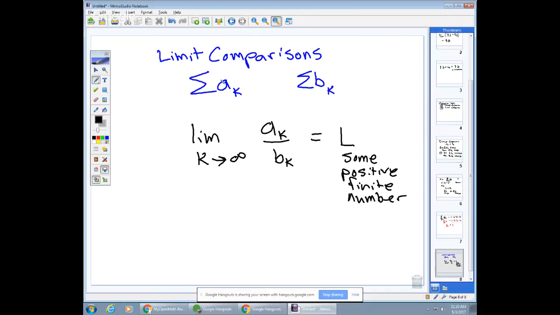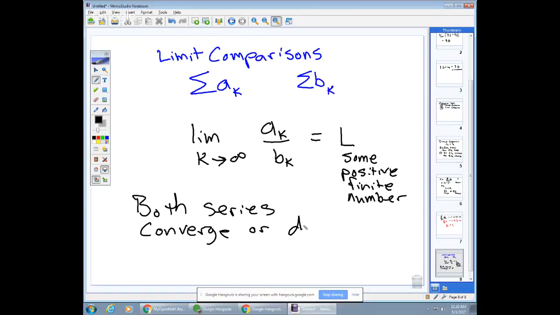If there's a limit, then what that means is these both converge or diverge together. They grow the same way. Okay, so both series converge or perhaps diverge together. So usually the first thing I try after the divergence test is, can I do a direct comparison with